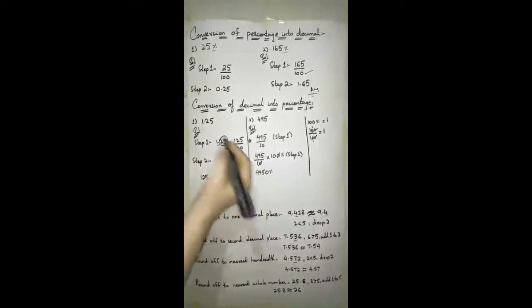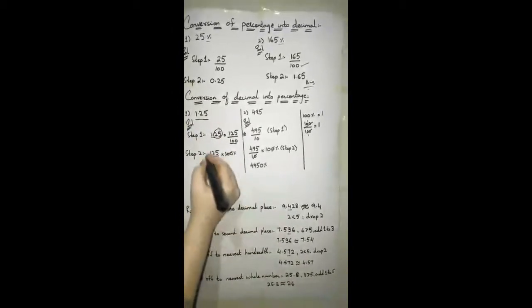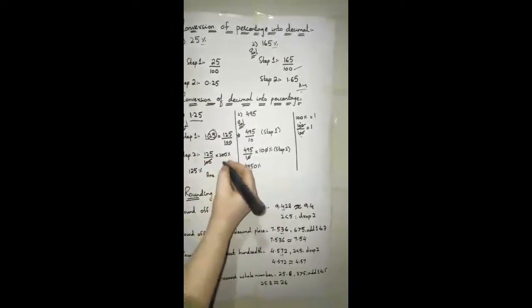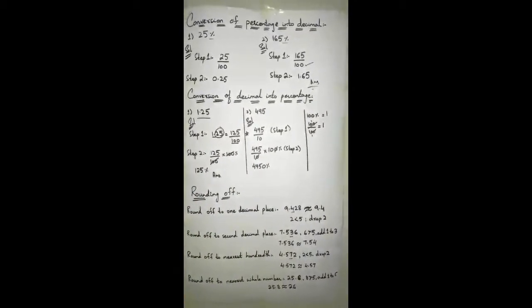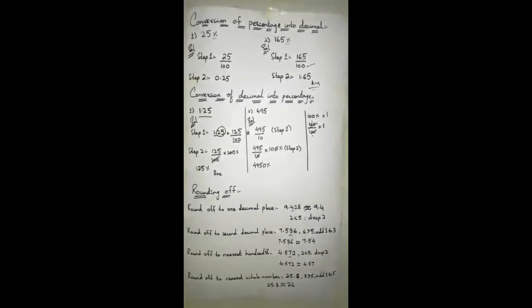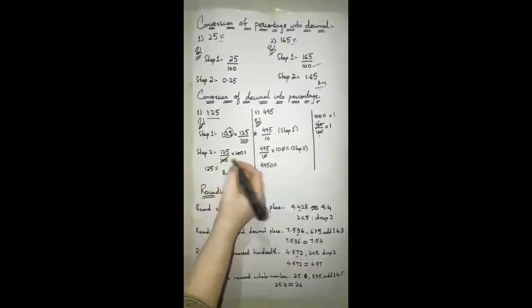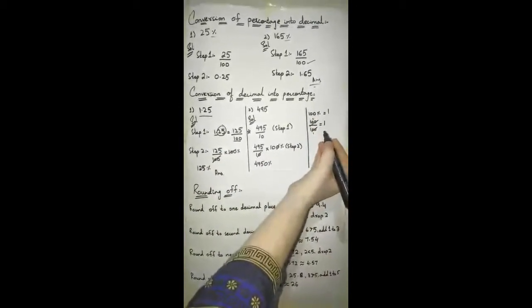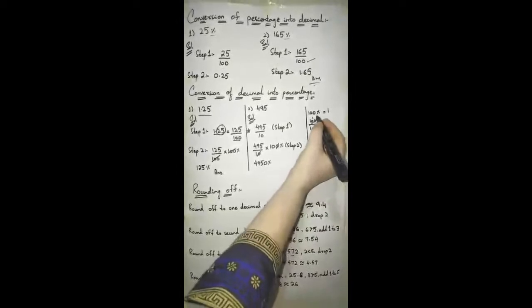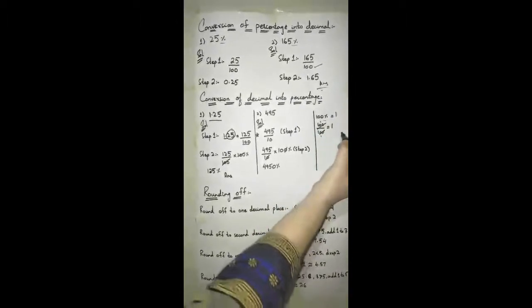Step 2 is you have to find the value of 1.25 as a percentage. You will multiply this fractional number by 100%. Why are you multiplying this number by 100%? You know, if you multiply any number by 1, the answer will remain the same. 100% equals 1. Why? 100 percentage means divided by 100. 100 ones are 100, so 100 divided by 100 equals 1.